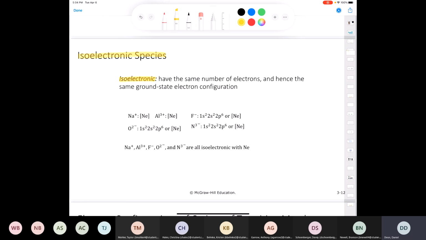Now, if you look at elements on the periodic table, you know that if you have the neutral form of any one of those elements, the atomic number is going to be equal to the number of electrons. But we know that it's not the number of electrons that governs the identity of an element or an ion, whether it be a cation or anion, but the number of protons. And so we can have all of these different species, just like we have here, which all have different numbers of protons, but they all have the same electron configuration, and they all have the same number